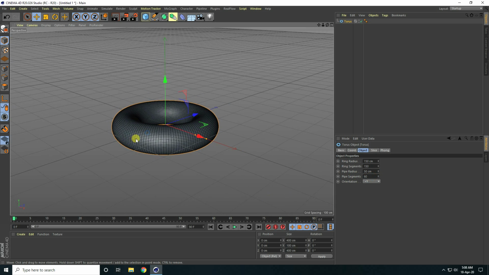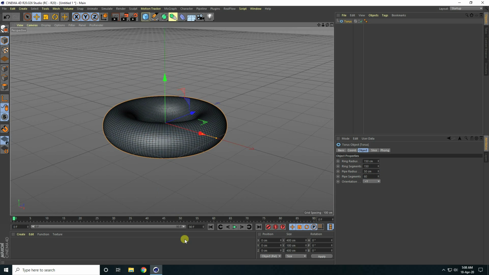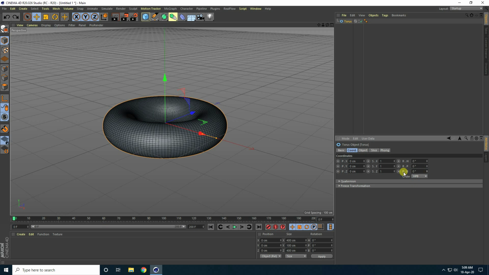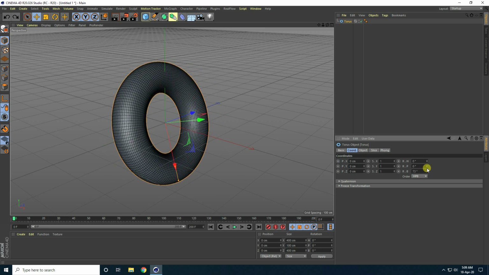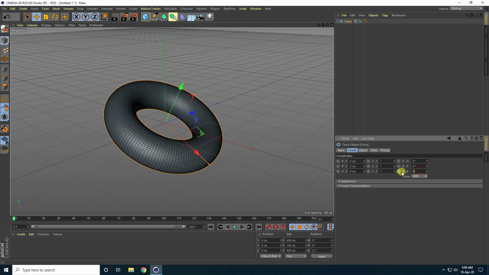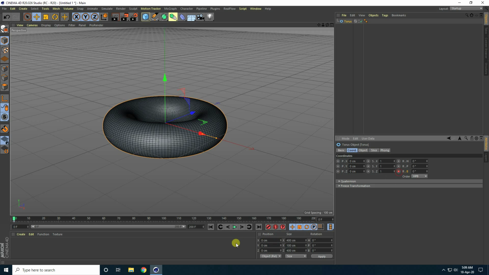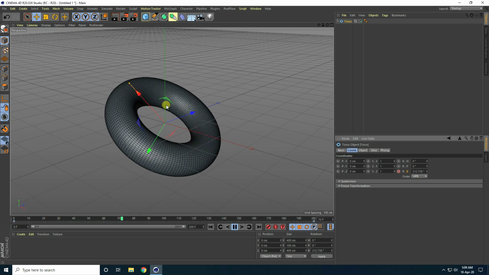Right? Okay, so guys, now I create a rotation animation. So now I increase frames to like 200, and select this torus and go to coord, R.B, and create animation like this, right? Okay, so guys, go to 0 and press this animation key. And now I go to the last frame, 200, and R.B I take like 720 and press this animation key, yes, and play. But guys, that's not correct.